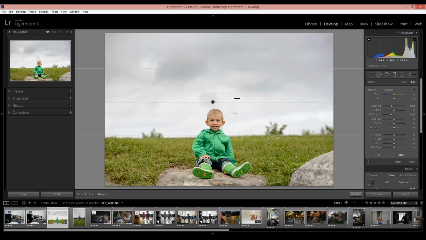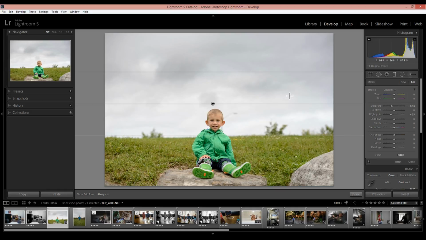You can see there's a bit of clouds in the sky. I'm going to just bring this down a little bit. What's happening here is the graduated filter, the top part here is where the effect is applied 100%. And then in this area here, it is applied a little bit less, and here a little bit less, and then down at the bottom of this line, it's not applied at all. So it creates sort of a more natural effect. Already, if we click this little toggle button on and off, you can see that we've made a big change to the image, although it kind of looks like a rainy, stormy day,